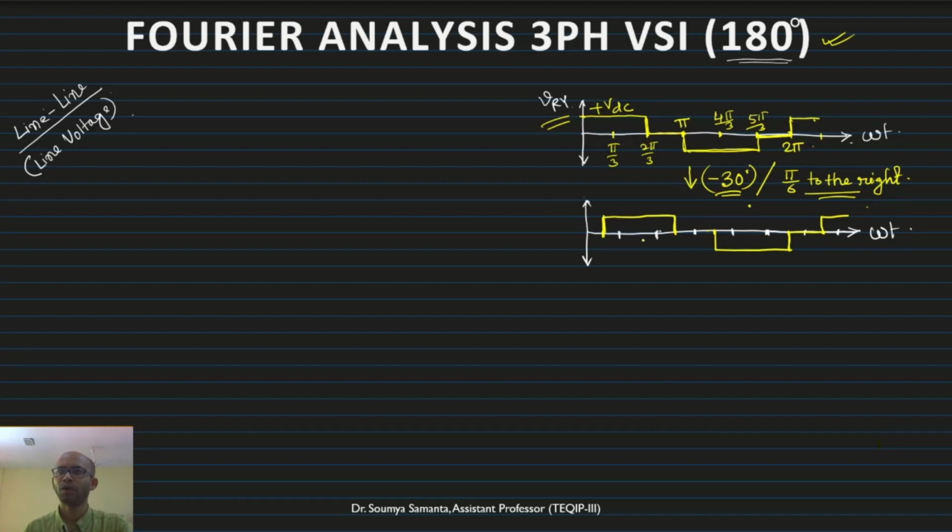Okay. Now if you observe this waveform at present, this is pi, this is pi by 2, this is pi by 3, 2 pi by 3. This is already written, so I am not writing it here. This is 2 pi, and obviously this is 3 pi by 2. So if I look here, you can understand this has half wave symmetry and also quarter wave symmetry.